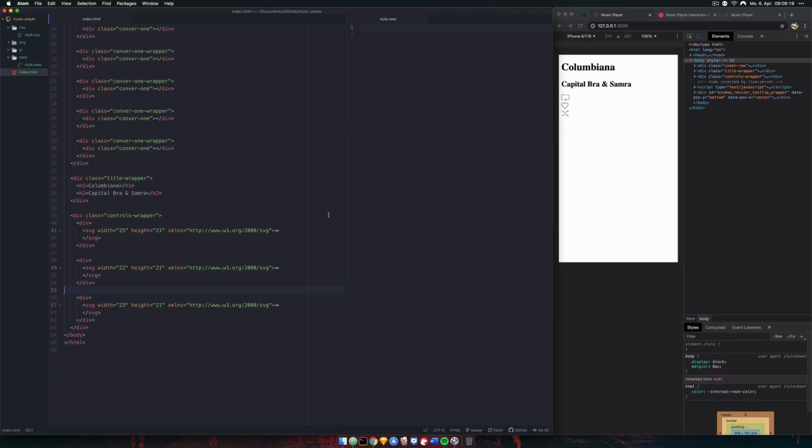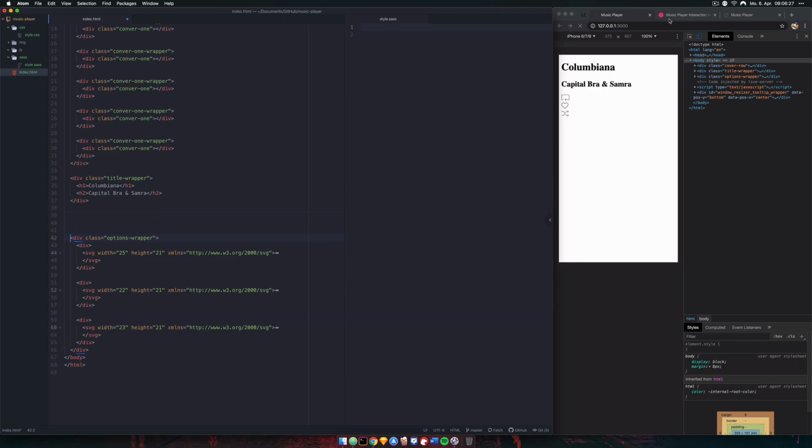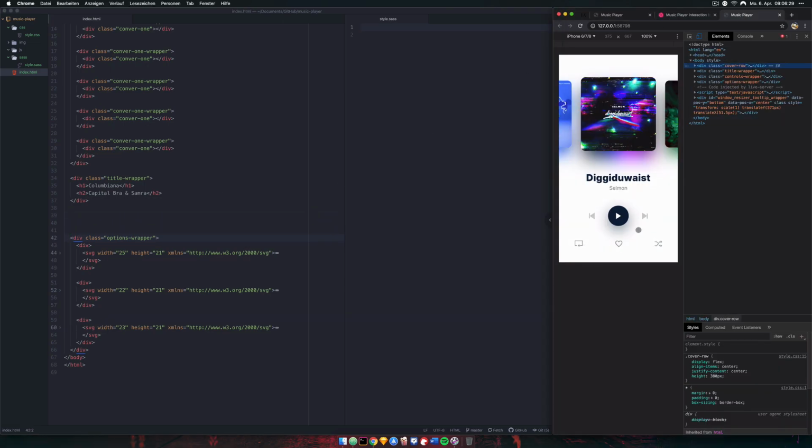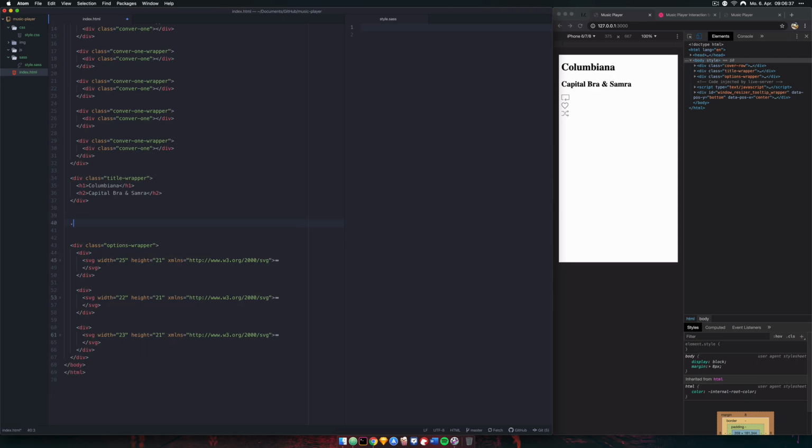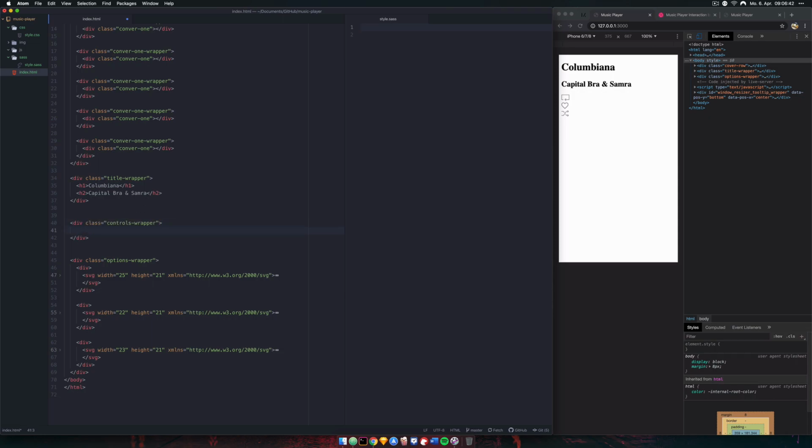Yes, actually, I've made a mistake there. This should be options wrapper. So these are the controls we have down here, and controls wrapper will be the play button and the forwards and backwards. So this is the wrapper we need right there. Dot controls wrapper, and dot controls wrapper will have a simple SVG inside of it, which is